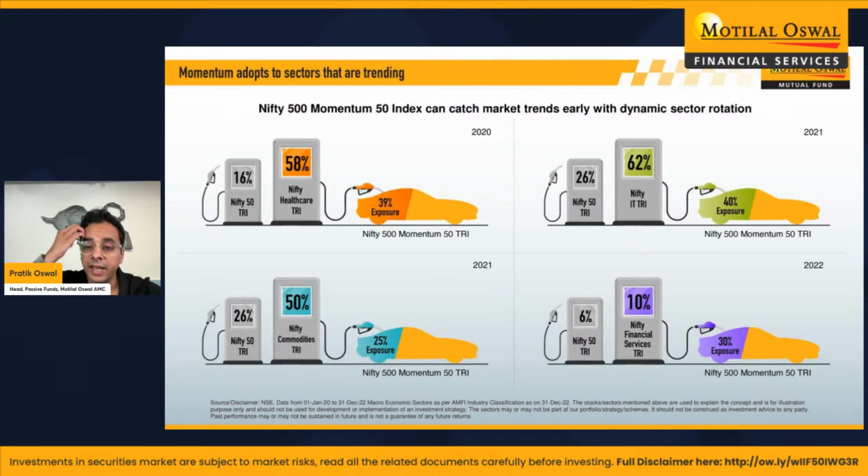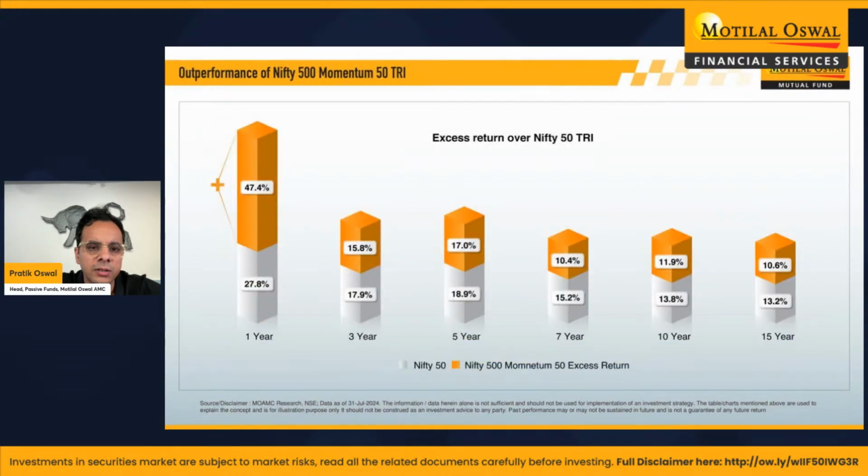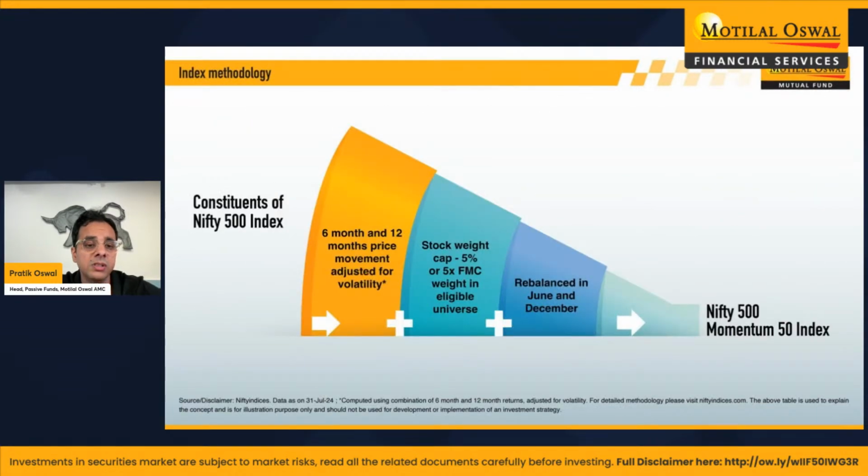Then someone asked that the dynamics and narratives change every month or so in the market, but the stocks are rotated every 6 months and will not miss out on huge opportunities. So it's a good question. We rebalance the portfolio about 2 times a year. And the question is, is that enough? And the answer to that is that we've done a lot of research on whether you should rebalance the portfolio once in 2 months or 3 months or 6 months or 1 year. And sorry, truth be told, it doesn't matter as much.